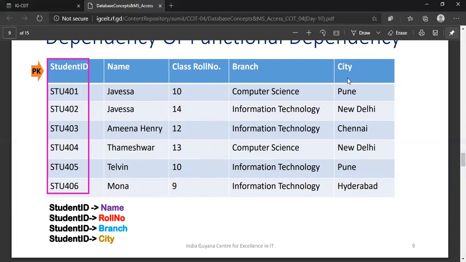If you see in the name, we have a duplicacy of record. So I cannot use name to identify each record from this table uniquely. Similarly, roll number I cannot use because I have a duplicacy. Branch I cannot use, there is a duplicacy. Similarly, city I cannot use because it's a duplicacy here.